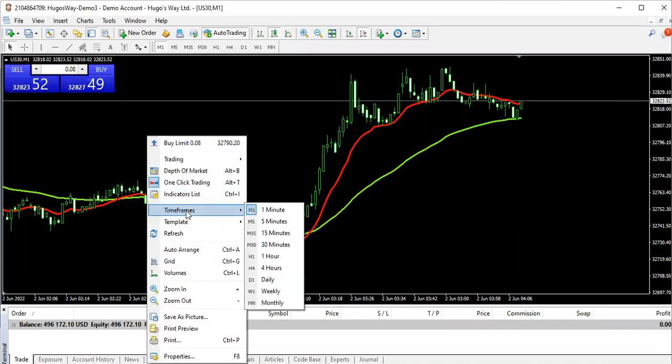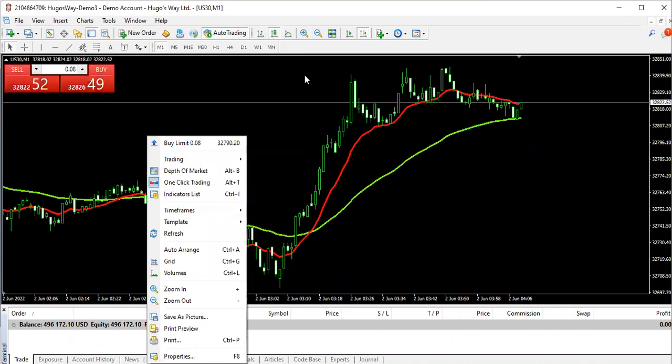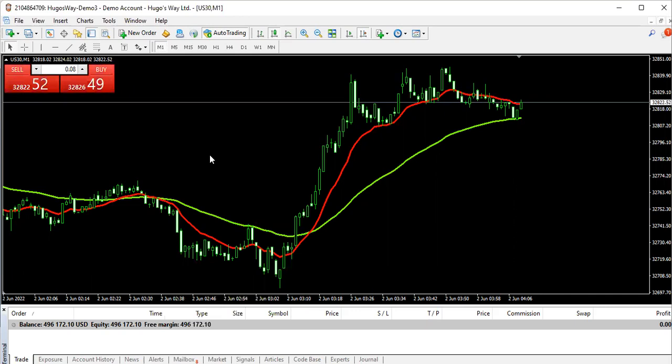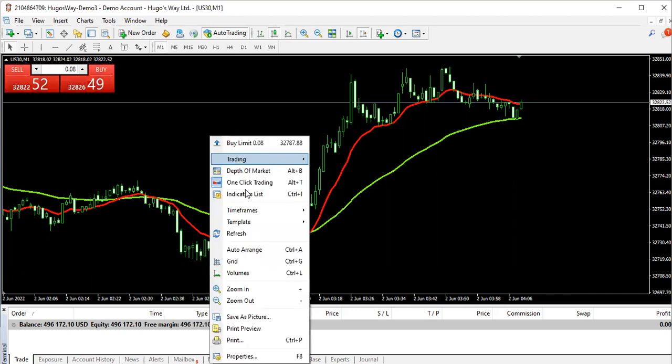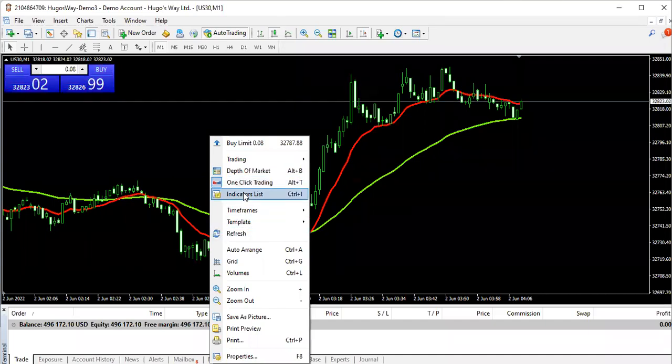So, especially with indices, US30, NAS100, the good thing about it is we want to look for runs, okay? And that is why